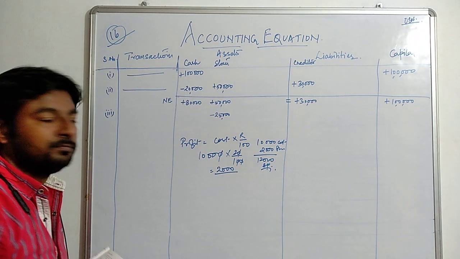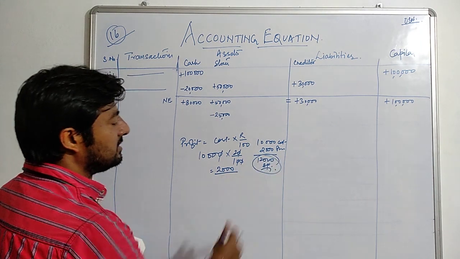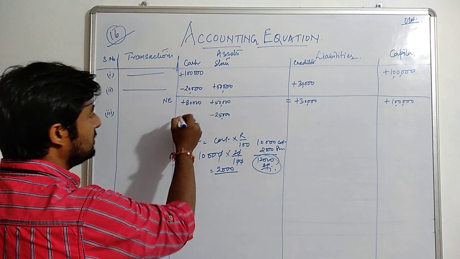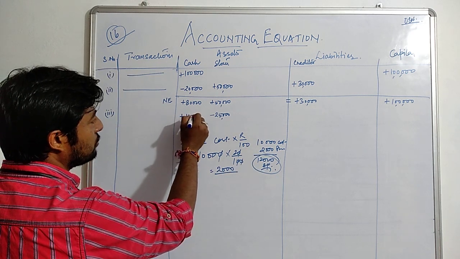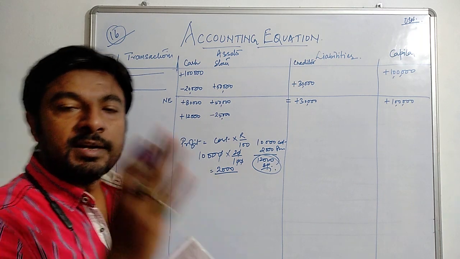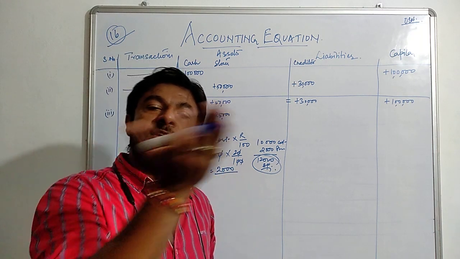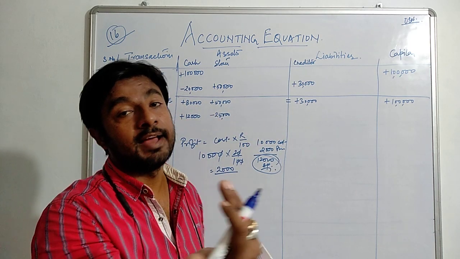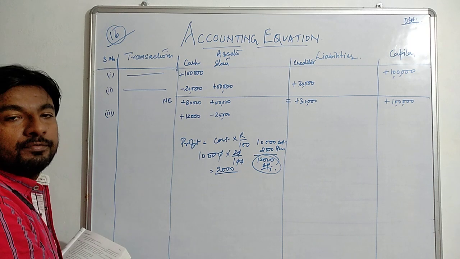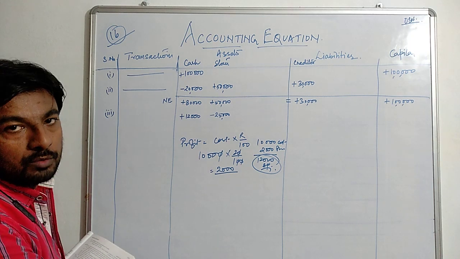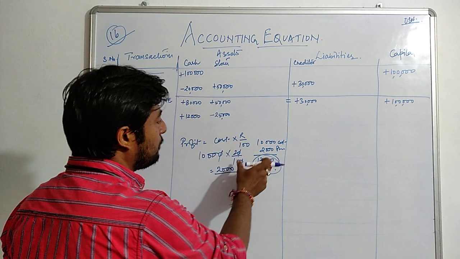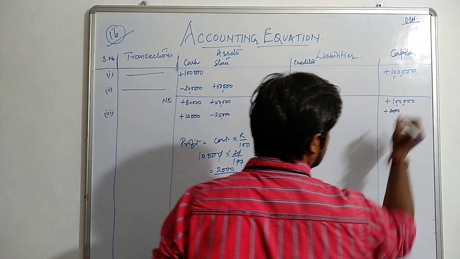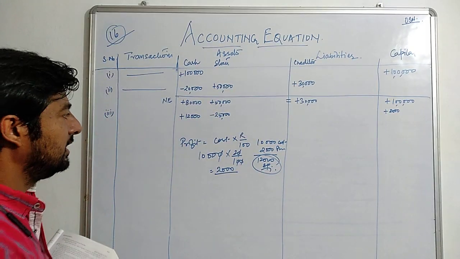Got the point? This selling price we are going to get in cash because this is a cash sale. So I increase the level of cash by 12,000. Now 10,000 is the cost of goods. We are selling it for 12,000. 2,000 is the amount of profit. So 12,000 we are going to get in cash. Here the level of profit is 2,000, so I am increasing the capital by 2,000 here. Clear? This transaction is clear.